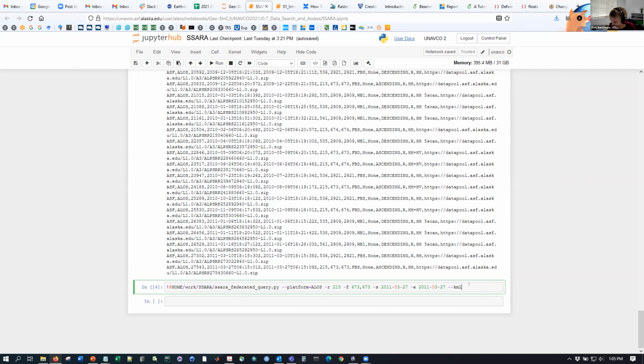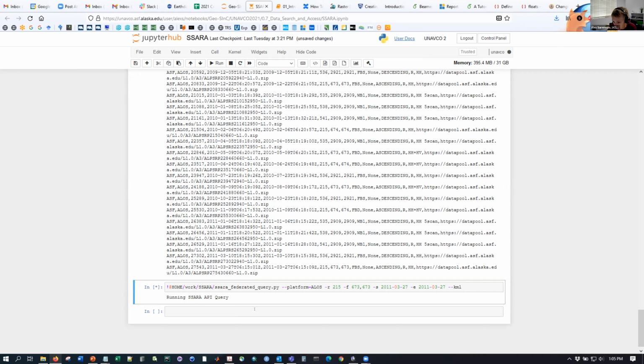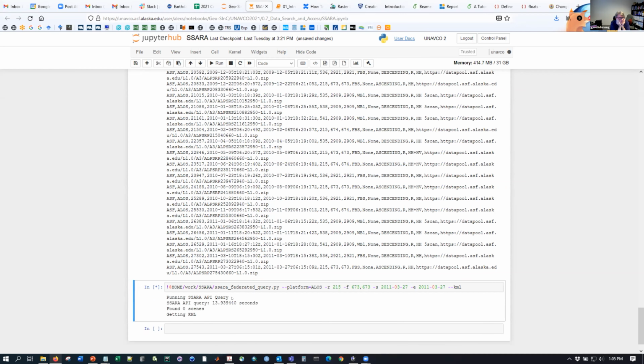So if syntax looks great, I run it and it seems like it's running fine. Sorry, I thought this was faster. Searching everything, I guess. Oh, well, this one found 0 scenes. Well, that's not a good example. That would be partly why.